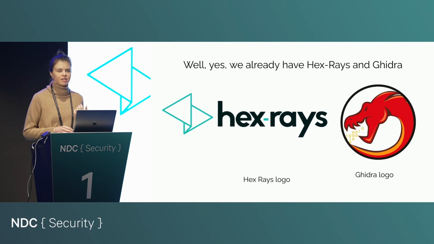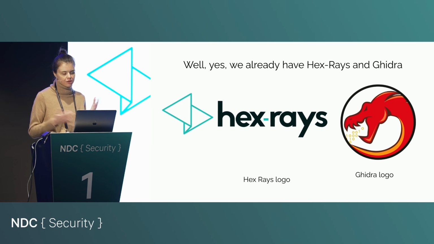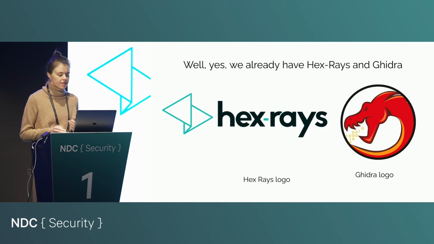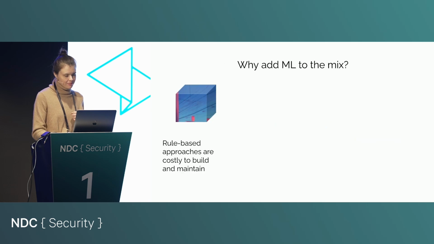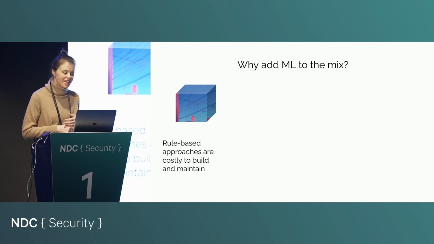Okay, but you might ask, why do we need to stick machine learning into this pot of soup as well? Because we already have Hexrays, which is a plugin for IDA, a toolkit for reverse engineering, and we also have Ghidra, an open source disassembler and decompiler put together, developed by the NSA, and they already provide these capabilities. So surely we don't need another crappy machine learning project messing things up. So what are some reasons why we might still want to at least attempt it?